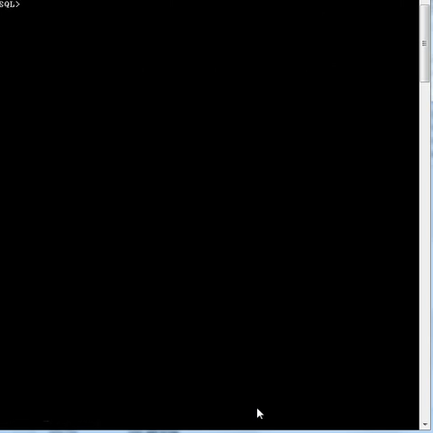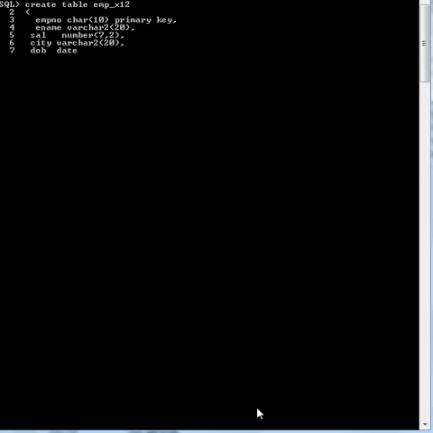Clear the screen. So now create table EMP underscore x12, opening braces, EMP number primary key, ename, salary, CT, DOB date, closing braces.